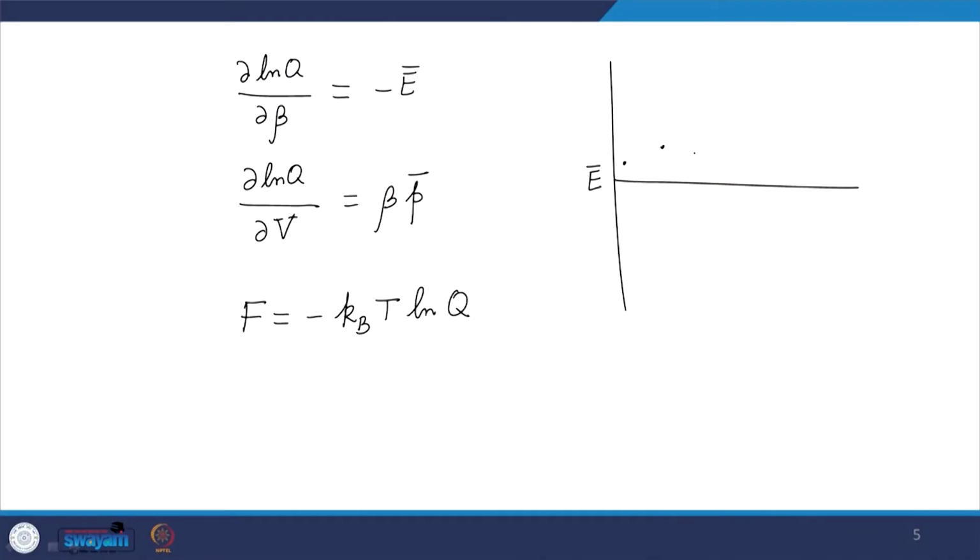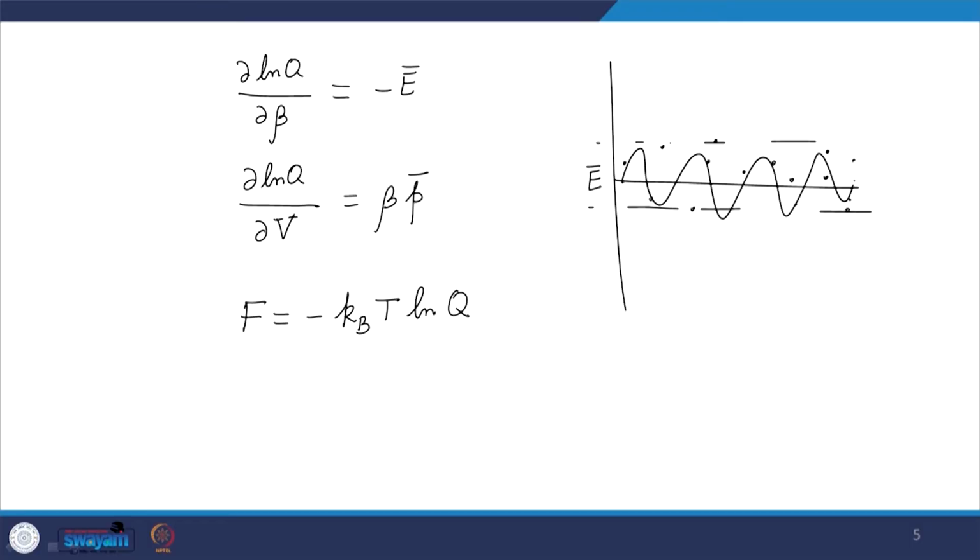So, if you have, for example, many states in the ensemble, they may happen to have energies higher or lower than this particular E bar value. Only if I do an average over that, we should get the E bar value. But the central limit theorem tells me that as I increase the number of systems, the fluctuations in this E value will start to decrease. Now, let us see how exactly it works out and how